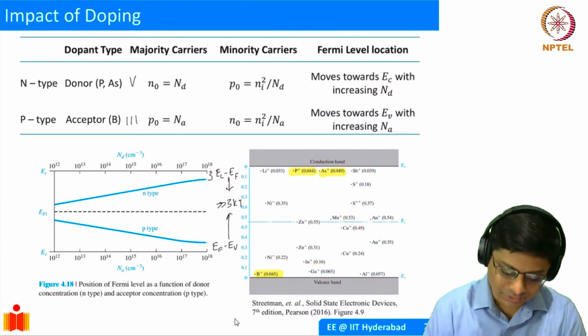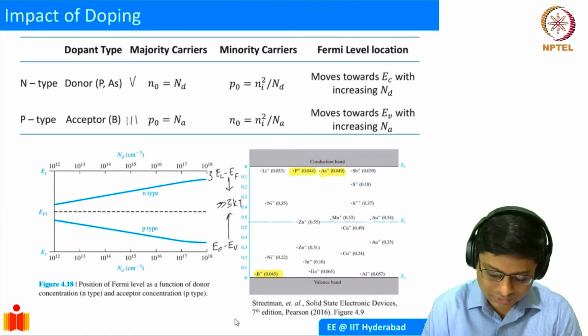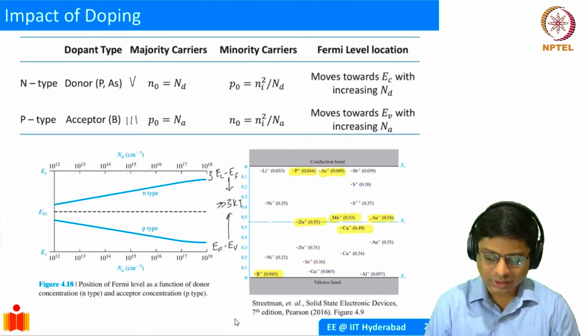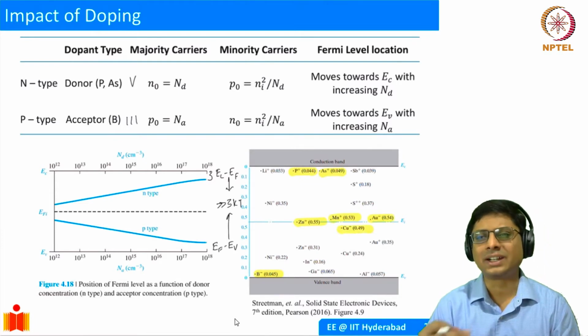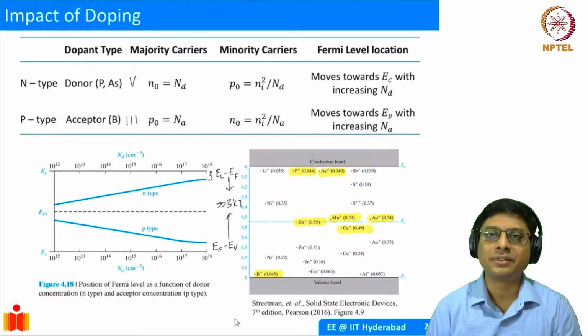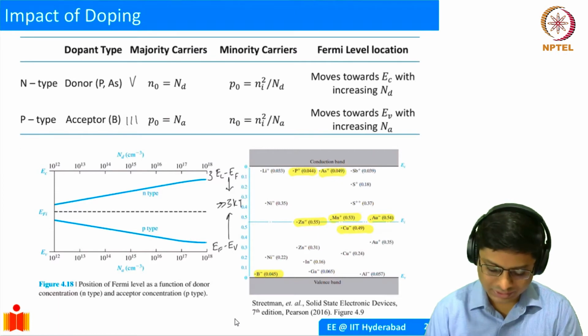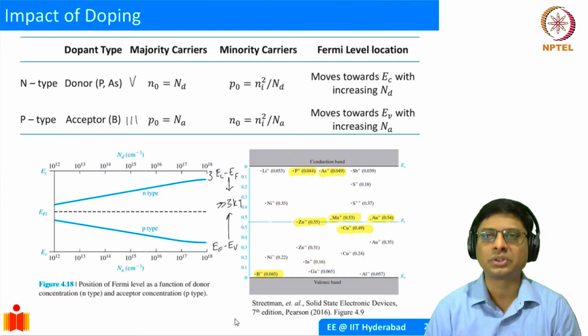Let's take a few examples here. There are many different elements shown here, but to us the important ones are zinc, manganese, copper, gold. These have defect levels, or energy levels, which are very much in the center of the band, and these become very critical for us. Of course there are many others, like tin, zinc, indium, and so on, which can also contribute energy levels in between that band.